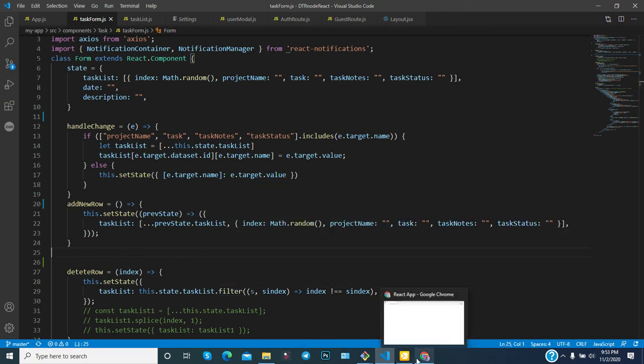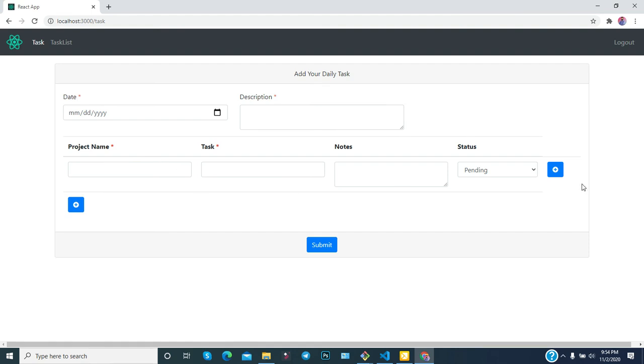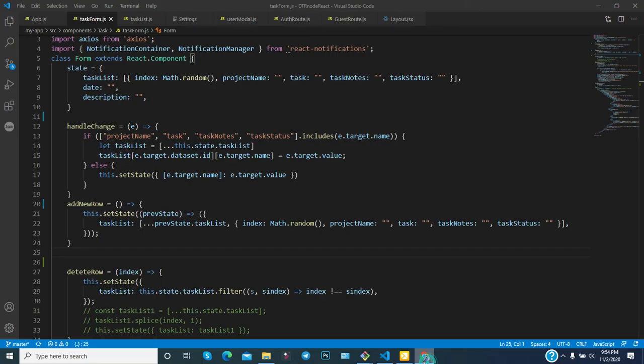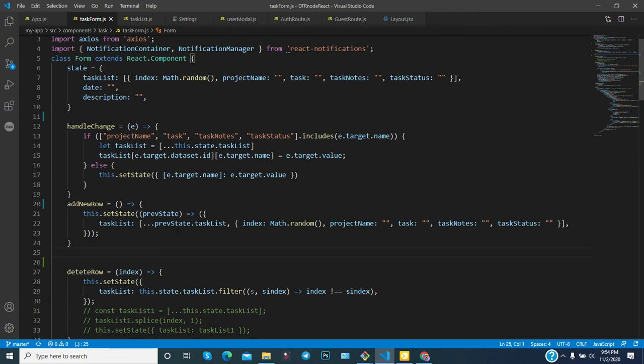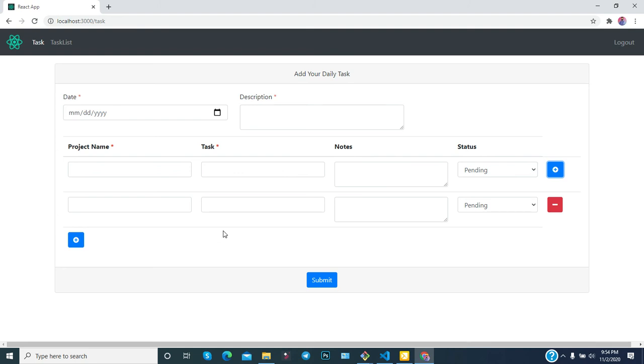That's why you can notice that if you click the plus button, then through the props, this method you have called, which is add, and this method is calling the add new row method, and in this row you are getting the previous data and you added a default one, and in this way you have increased one more data. That's why, since the state object gets updated, re-rendering happens, and due to re-rendering the latest data will also get displayed. So this is the basic thing that happens.